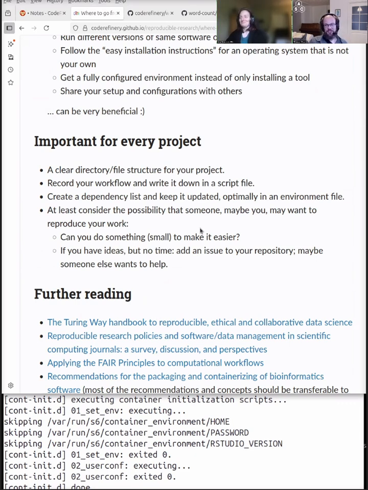For me, one very, very, very important point is to create a dependency list and keep it updated. Optimally do it in an environment file, but keep a list of the dependencies with versions that you're using. And personally, if I would be running something in a conda environment nowadays and publish that, I would provide the full export and probably the from-history version,